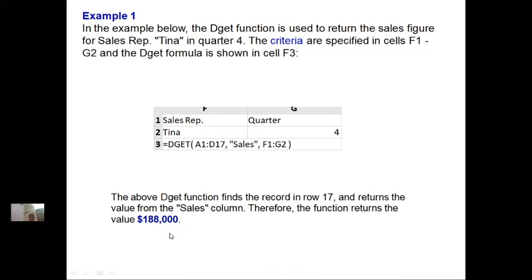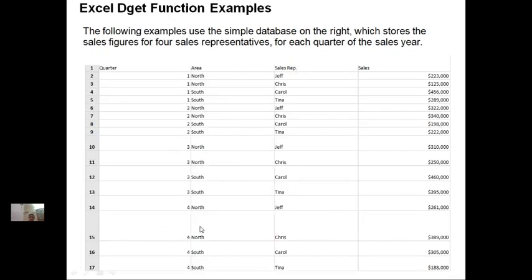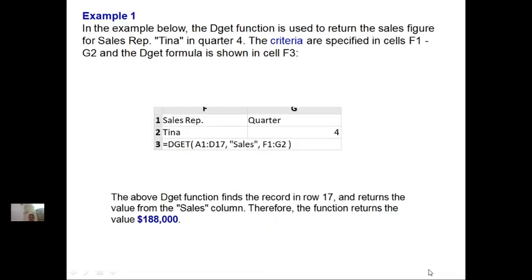So 1,88,000. Here we can see the same, $1,88,000. So how is he writing the function? Now he is taking sales rep Tina, quarter 4. He is writing it like this in F1 to G2. Now he is writing the function like this: DGET, open the bracket, A1 colon D17.